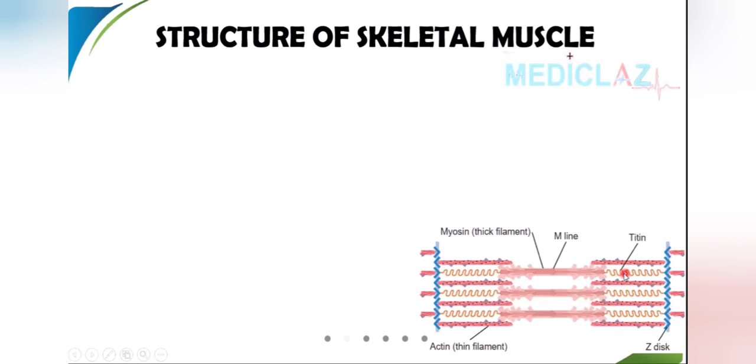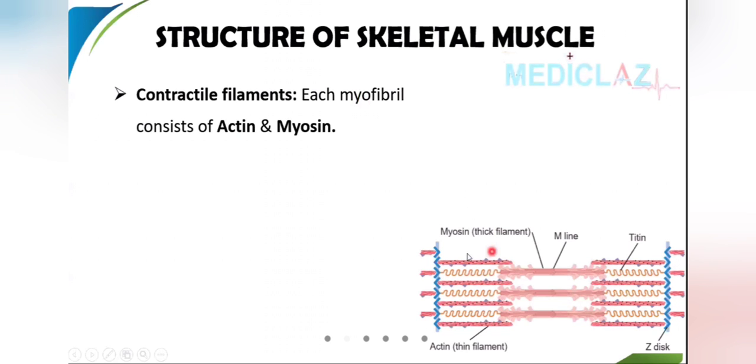Next, the structure of the sarcomere. Next we are moving to the structure of the sarcomere. So I told you the contractile filaments inside, the entire thing is the sarcomere. From this blue line here to this line is the sarcomere. Now you see you have one thick line here and one thin line or thin filament here. These filaments are called contractile filaments. The contractile filaments are actin and myosin. The thinner one is the actin and the thicker one is the myosin.